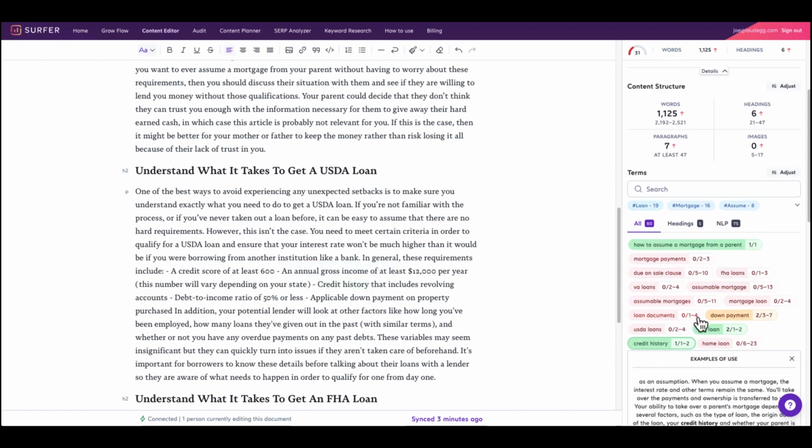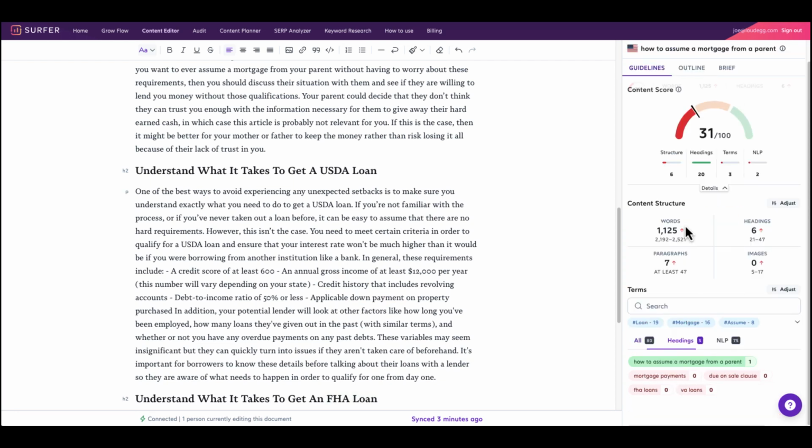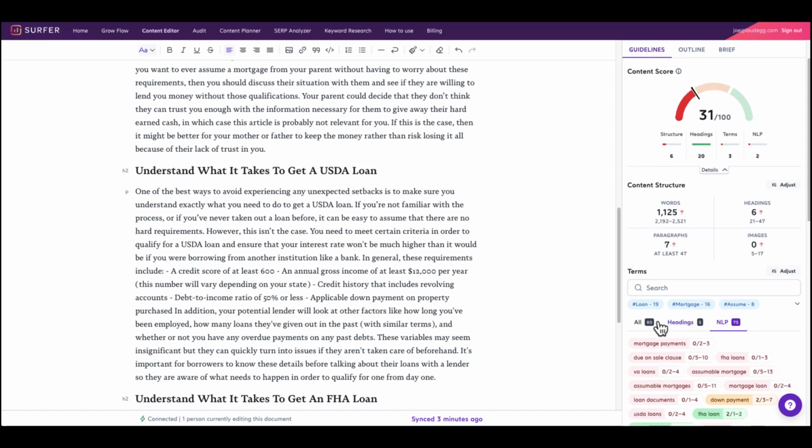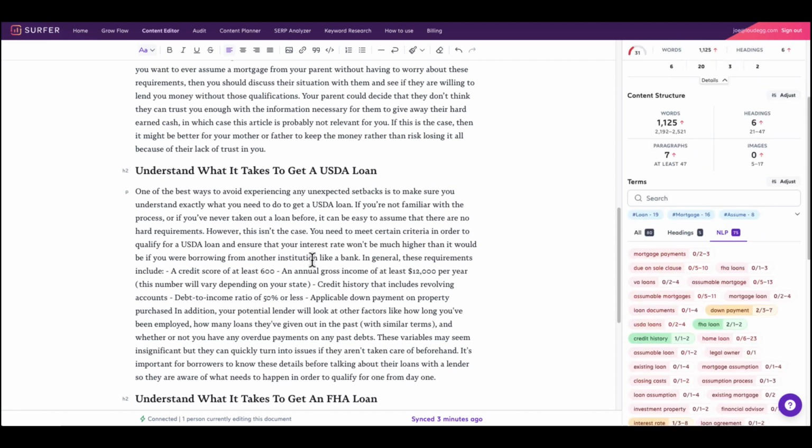So these are basically everything. You can separate it if you want to analyze just the headings. There's 5 headings. There's 5 recommended keywords, long tail keywords to add to the headings to optimize it. And then the keywords, the NLP keywords, there's 75. So it's a total of 80. You basically want to use this as your guide, try to get these keywords sprinkled in there.